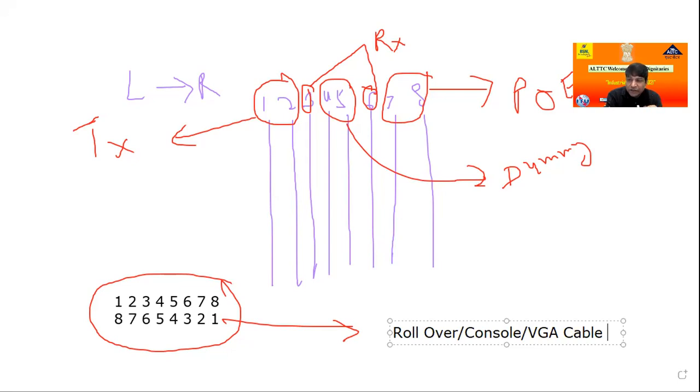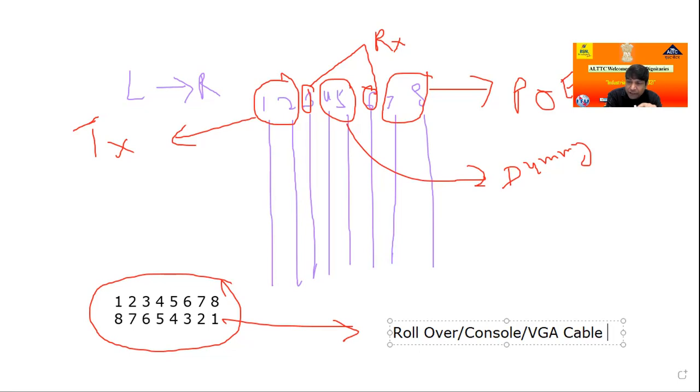What is the use of the VGA cable? You are well aware of where the VGA cable is used. On a desktop computer, from your CPU to the monitor, this cable is known in the market as the VGA cable. Don't go by the connector design; the connector design is separate, because in the market normal people can easily identify the VGA cable. But the purpose of this VGA cable is very simple.